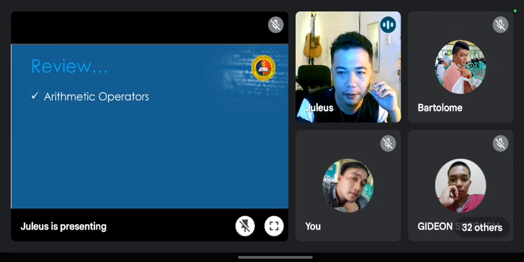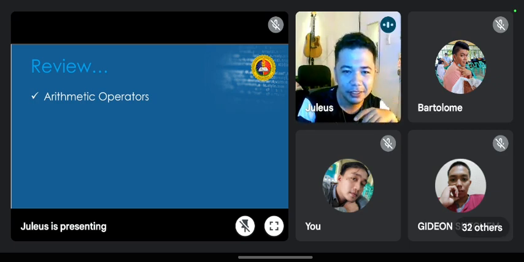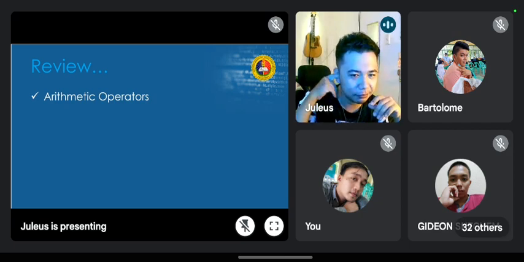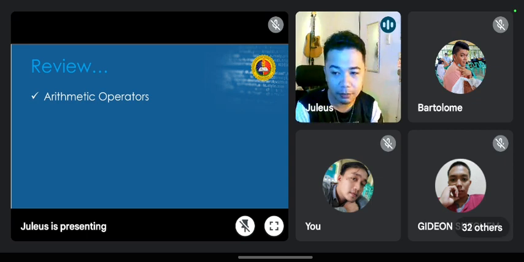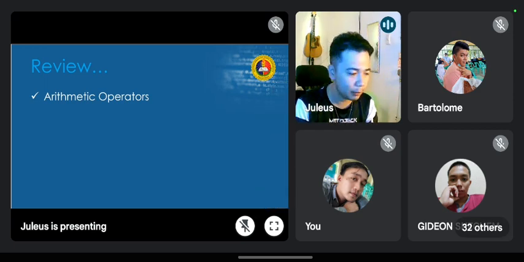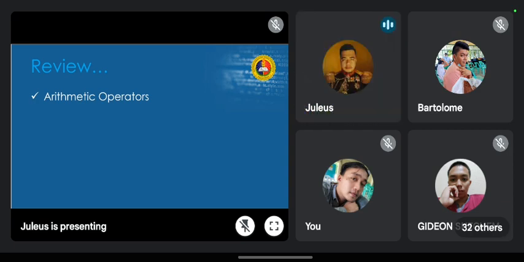But the target is proper implementation, because we are still somewhat clueless about the implementation part. But maybe once we are all there, we'll figure it out. But one thing's for sure, we're not going to be doing discussion in the laboratory. The laboratory will be hands-on lessons, no discussion. So we'll be doing an online discussion first.